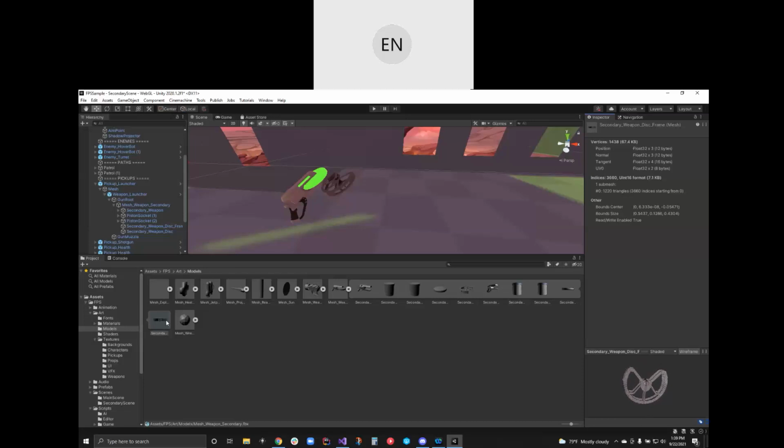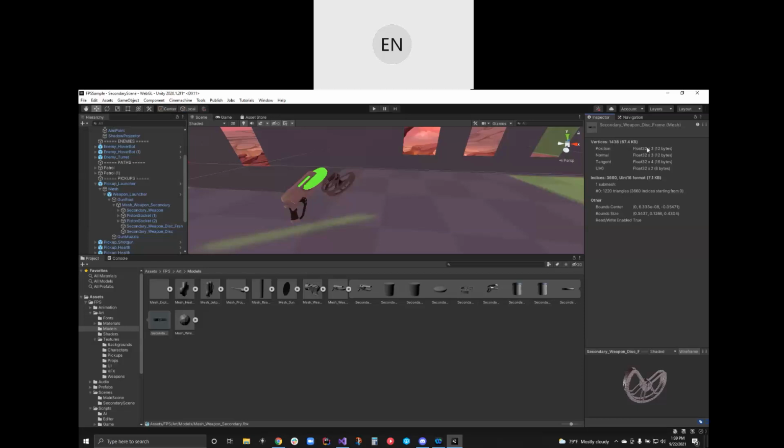I'm clicking on the file here in the project view. That's the name. FBX is a very common 3D file. For just this part of the gun, you have this many vertices. A vertex is just a point in 3D space.